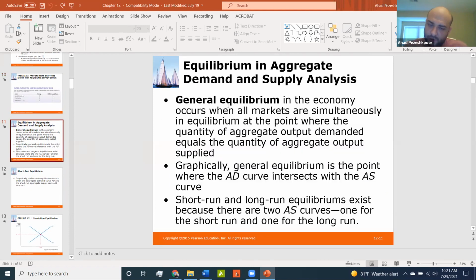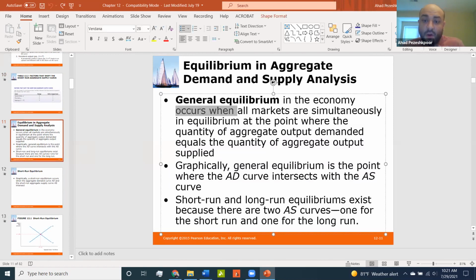Now, general equilibrium, we talked about this in detail, occurs when all markets are simultaneously in equilibrium at the point where the quantity of aggregate output demanded equals the quantity of aggregate output supplied. Graphically, the general equilibrium is where aggregate supply and aggregate demand intersect. Short-term and long-run equilibriums exist because there are two aggregate supply curves, one for the short run and one for the long